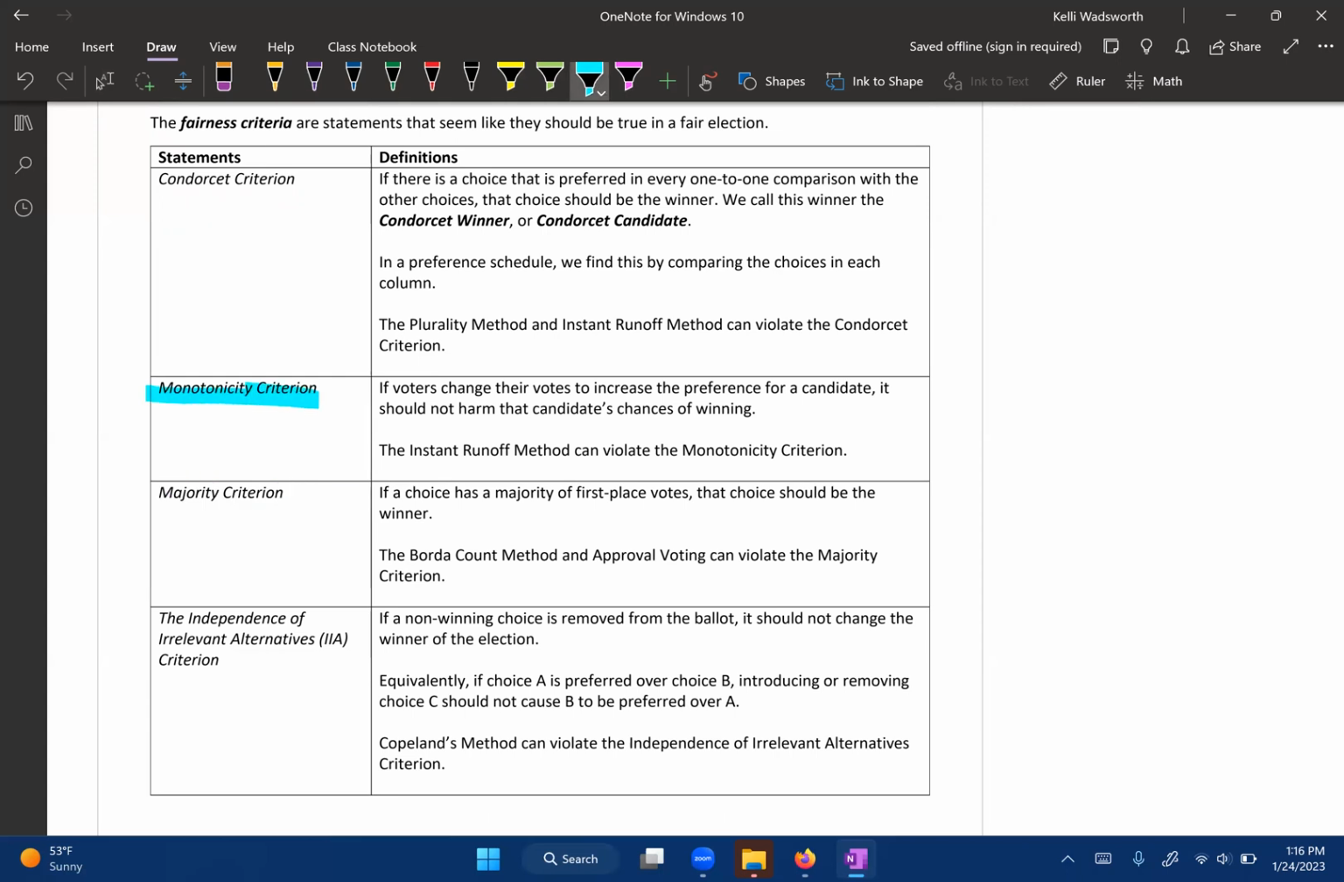Let's just talk about this one, the monotonicity. That is a funny word, monotonicity. Monotonic would be the verb form, I think. So let's see what it says. If voters change their votes to increase the preference for a candidate, it should not harm that candidate's chances of winning. Okay, so this word monotonicity,